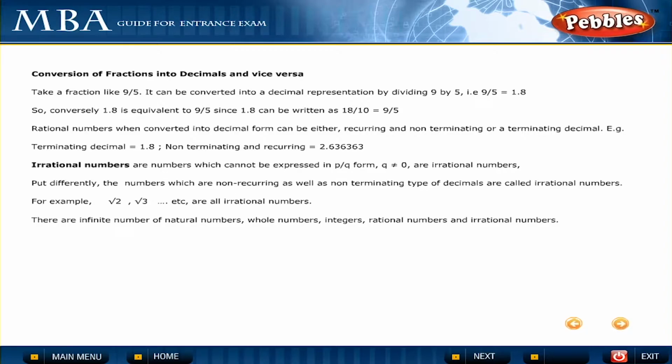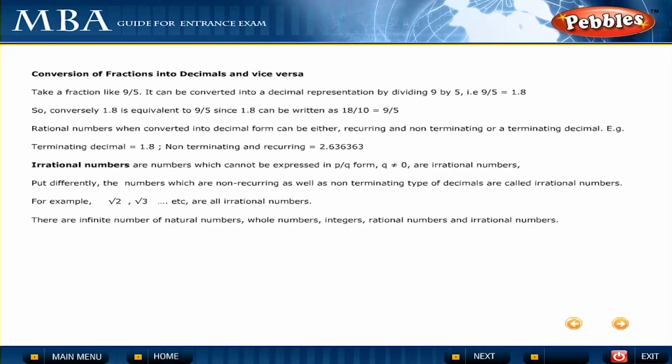Rational numbers when converted into decimal form can be either recurring and non-terminating or a terminating decimal. Terminating decimal is, for example, 1.8. Non-terminating and recurring is, for example, 2.636363. Irrational numbers are numbers which cannot be expressed in p by q form,